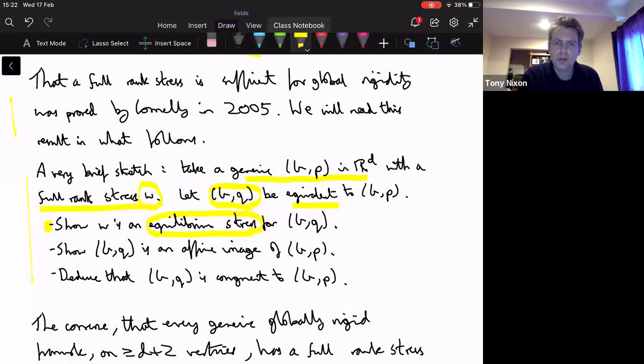When you know that, it's not so hard to show that GQ is actually an affine image of GP. And by affine image, I just mean you take each point and there's some matrix plus a vector that takes one point to another via this affine transformation. So showing that from the fact that you have the same stresses is not so hard. And then at the end, the third step, it's also not so hard, but it goes into a little bit